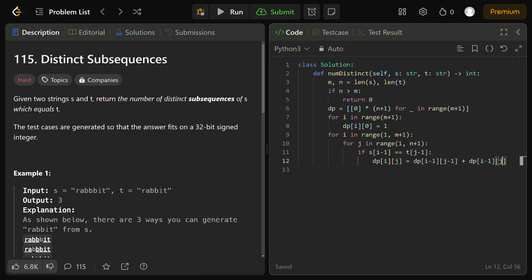What do they mean? Well, dp at i minus 1, j minus 1 is going to represent the ways to match t starting from index 0 up until j minus 1 with s starting from index 0 to i minus 1, if we consider s at i minus 1 as part of that match in the subsequence. And dp at i minus 1, j, the extra value that we're adding here, is going to represent the number of different ways to match t at index 0 up until j without using s at index i minus 1. But if that's not the case, so else,